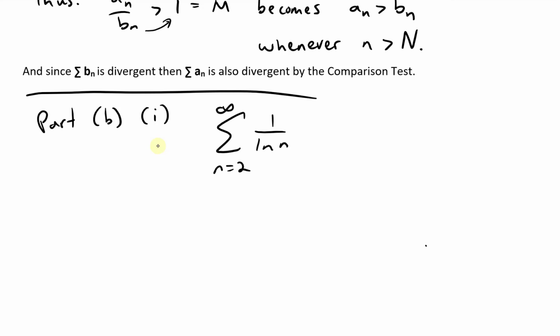So what I'm going to do now is, first, let's get it out of the way. Let an equal that term, so let an equal 1 over ln n. Now for the comparison series, let bn be, and this is an interesting part of my calculus book,